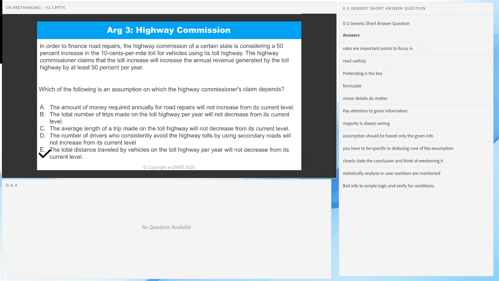Priyadarshan says, can we get enough time to pre-think during the exam? Priyadarshan, if that were not the case, then we would not have accounted for 60% of all success stories on GMAT Club. Are there cases where pre-thinking is not helpful? In the context of CR and RC, no, I have not found any of those cases.